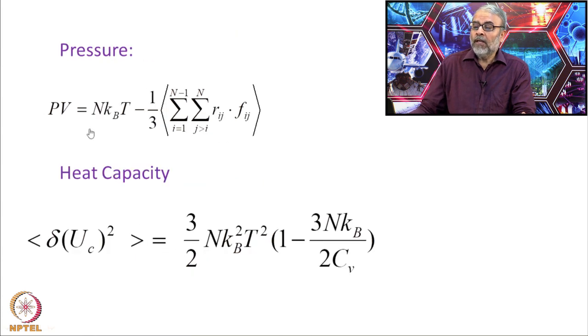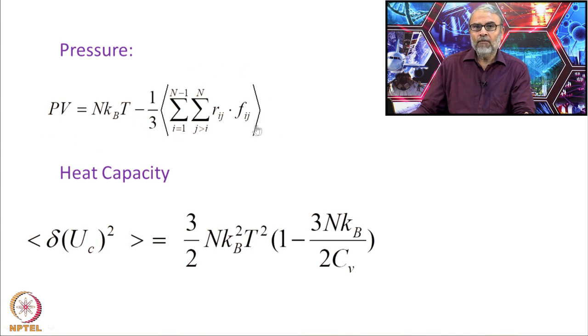Then I can also calculate pressure through my simulation. This is a virial equation for pressure. Fij is the force between molecule i and molecule j, rij is the distance between i and j. So, this is called a virial. This is a standard statistical mechanical formula. If there were no forces, PV equals NkT, but when the forces act, it corrects for the ideal gas equation of state through these virial corrections.